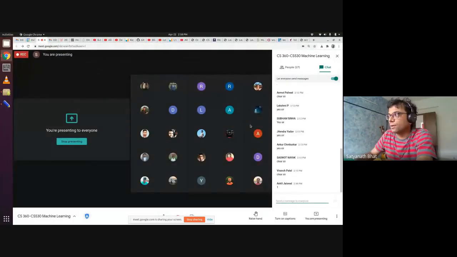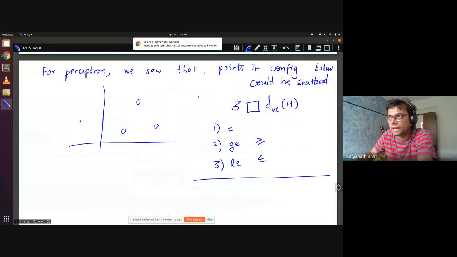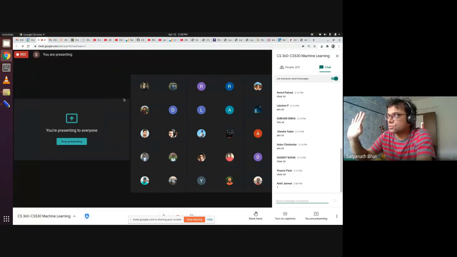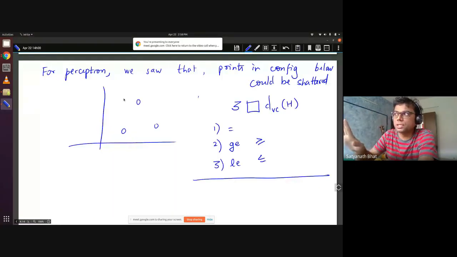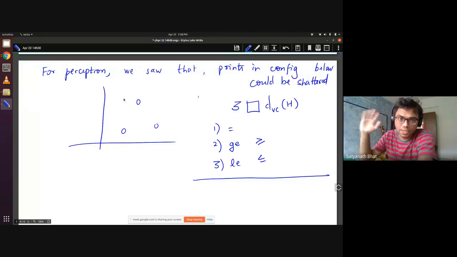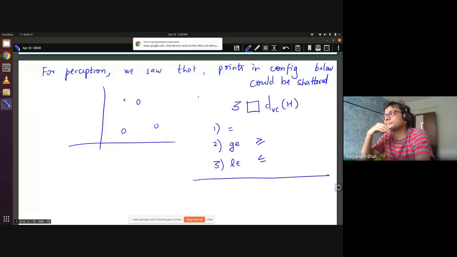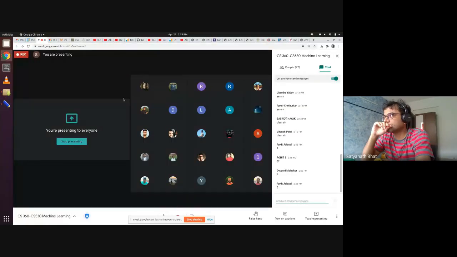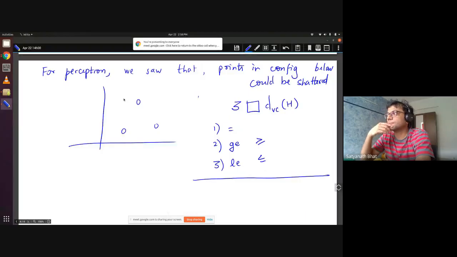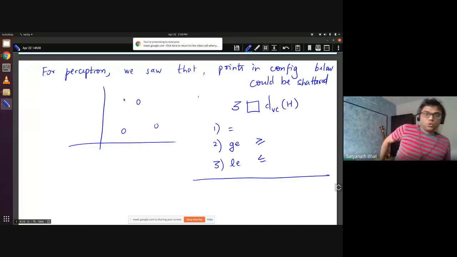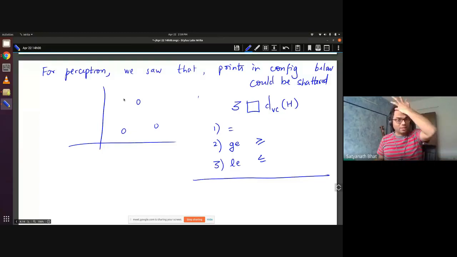I'm not saying, Ankit, that we could only shatter 3. I don't know whether we can shatter 4. I'm just saying we could shatter 3, and at least we have seen that we can shatter 3. I have still no idea whether we can shatter 4. What can you say? That's my question. I want everybody to answer. If you don't know, put a question mark so that at least I know where you stand.